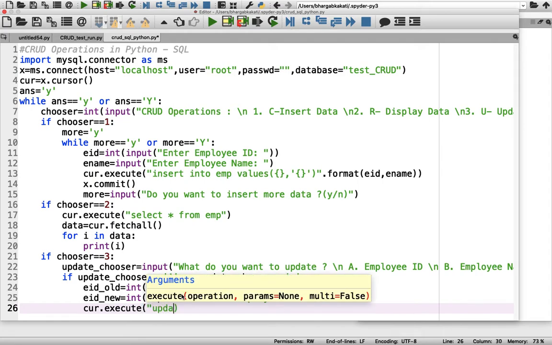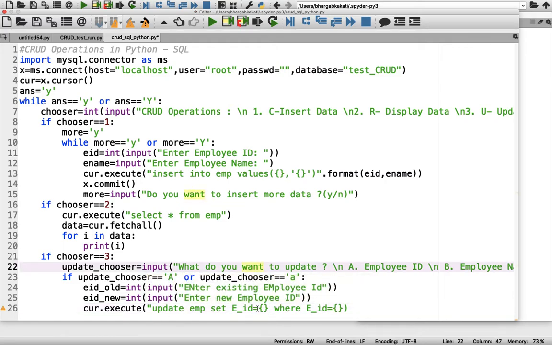What is the syntax? If you remember, update table name, which is emp, set column name equals value. What is this column name? This column name will be the updated column name, which is EID. EID equals value, where EID equals this. So here, as I am taking dynamic input, I am just leaving it blank, and since it is an int, I am not enclosing it within quotes.